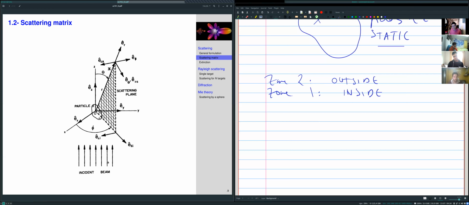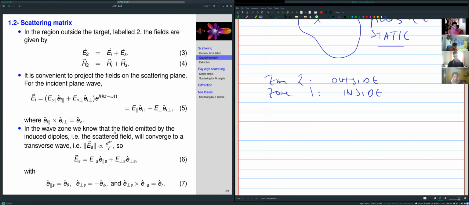I'm not sure how obvious this is from the sketch, but this is the direction of the incident beam. Good. So this is the incident beam decomposed into this set of basic vectors,